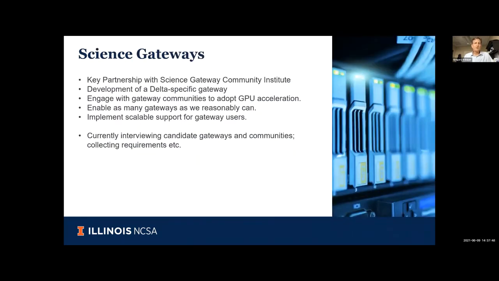As Tim mentioned earlier, one of the pillars for Delta is ease of use, and one of the ways that we're enabling better use of the system is through science gateways. And so we have formed a key partnership with SGCI, the Science Gateway Community Institute, to develop a Delta-specific gateway, which will make it easier to deploy your software on Delta and get others in your community to use that software. We're also going to be working heavily with the existing gateway communities to move them onto Delta and help